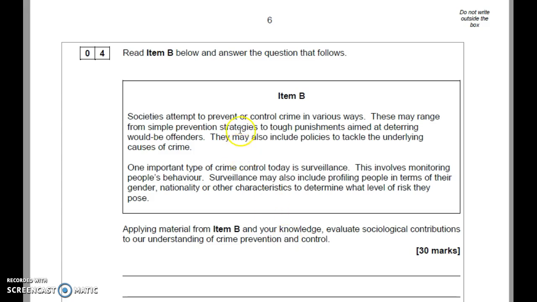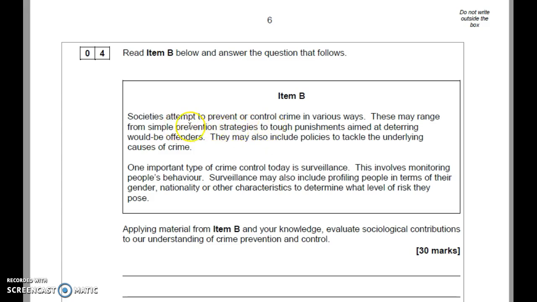Okay, now you can get lots of clues from the item about what you could have written about. So for example, you've got different types of societies, so you can have a little bit of analysis there, talking about postmodern society, modern society, pre-industrial society. I suppose you could use a little bit about sovereign power versus disciplinary power, which appeared on the mark scheme, but the most popular answers focused on crime prevention strategies, and these are given to you in the item, but they're